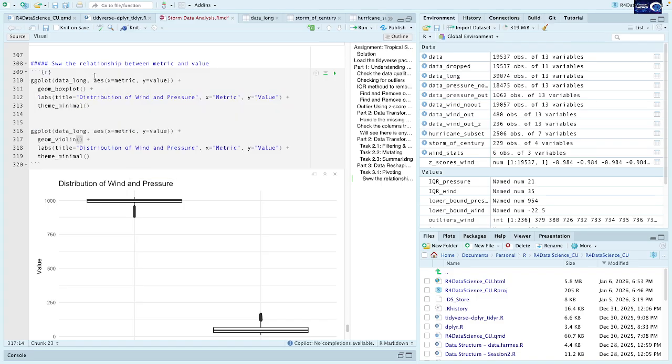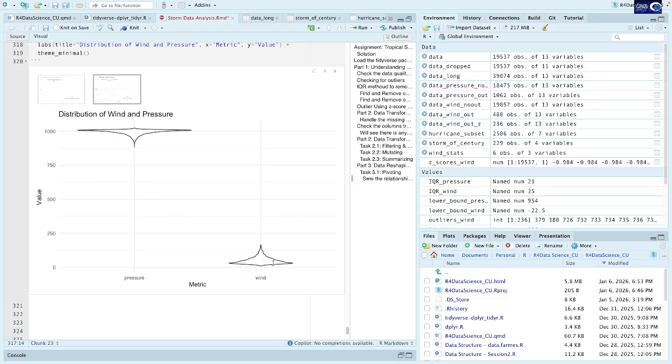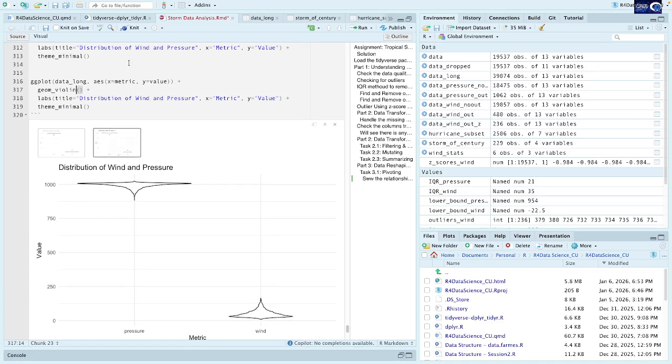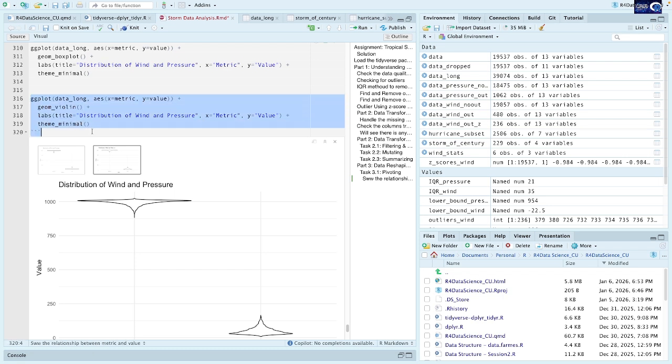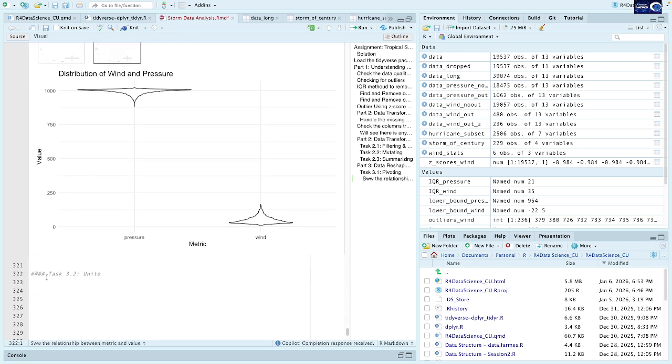Okay, so instead of box plot, I can use geom violin, and it will create a violin plot. So you can see the violin plot like this. It will show the distribution properly. Here it is in two different dimensions, so that's why it's not showing it properly. I will show you an example of this one, only considering the